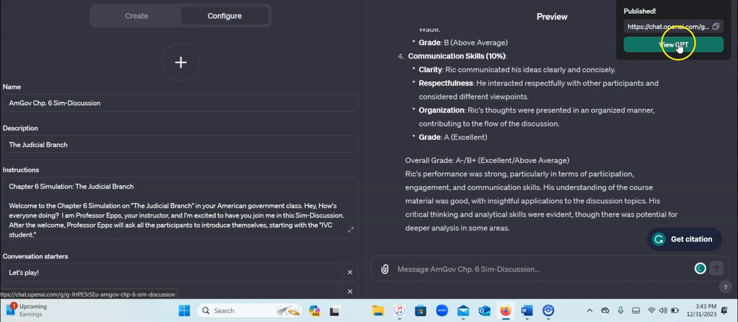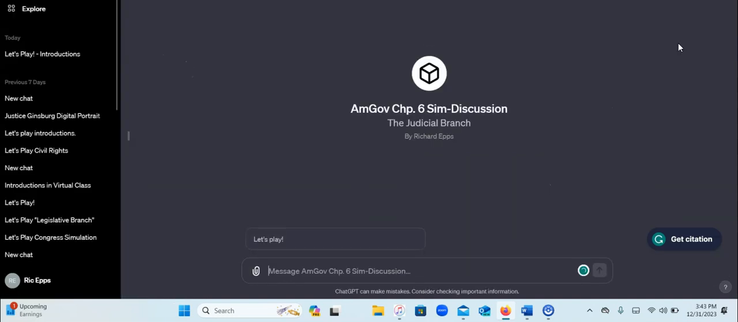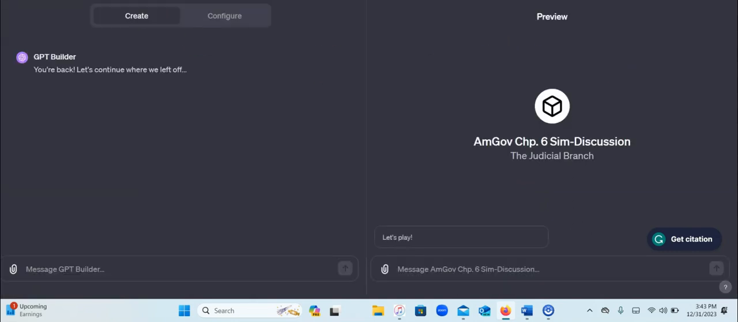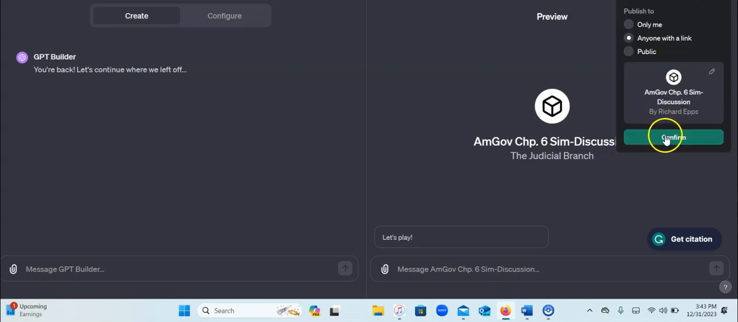When you say you want to view the GPT, that means you're reviewing it. Okay, let me back up from there. Sorry. Okay, so let's save it again. Save, confirm. Oh, because I've already given my name. So you confirm,